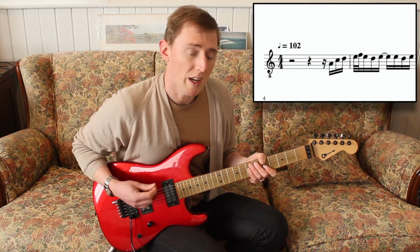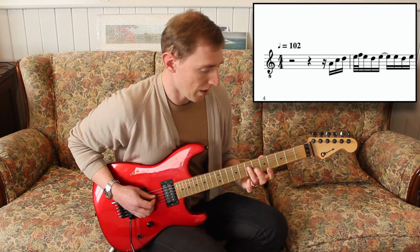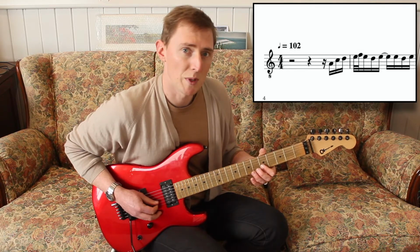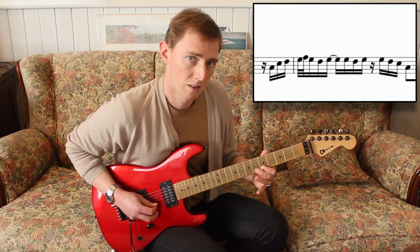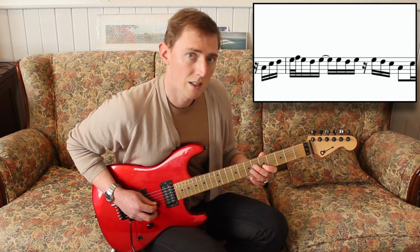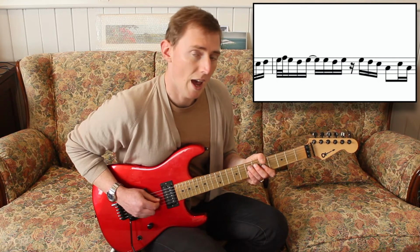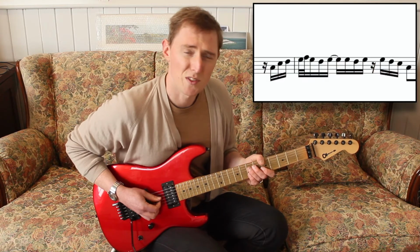We come in on the E of the 4 of the uptake bar, so that would be 4, E and A, starting from the A, C, D. The downbeat of the first bar would be the trill on the E and the F. Then that goes to the D, E, D, C, A, then on the and of the 4 leads us into the next phrase. So the first phrase would sound like